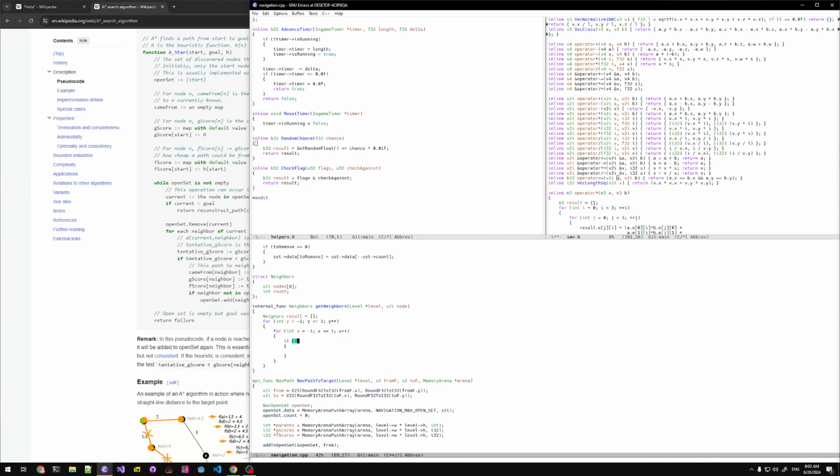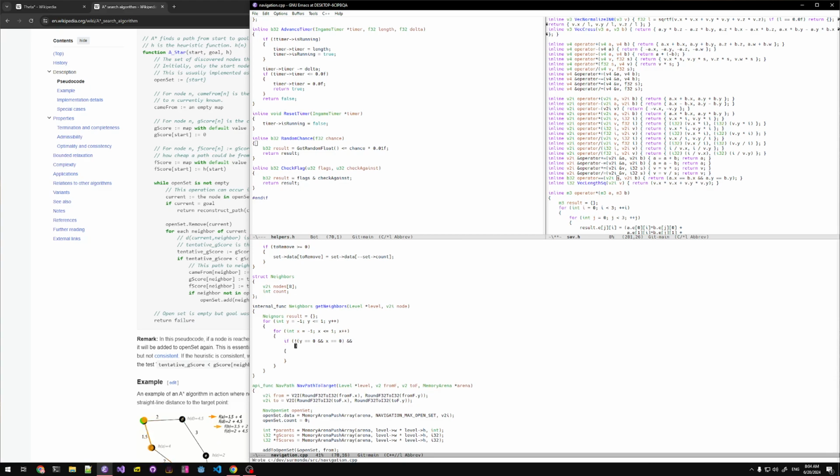Well, we don't need the 0, 0 itself, so we can say if not y equals 0 and x equals 0 and something else,